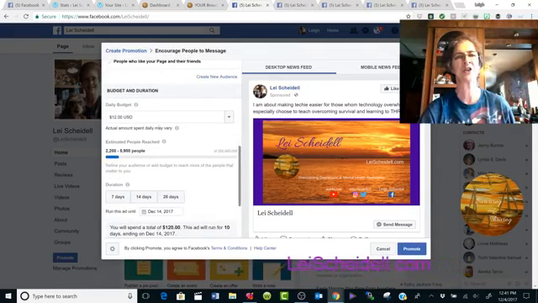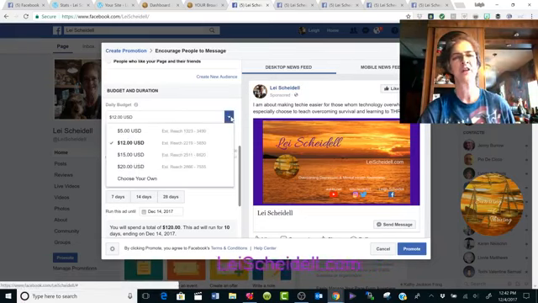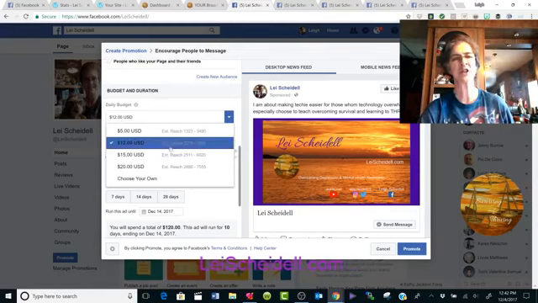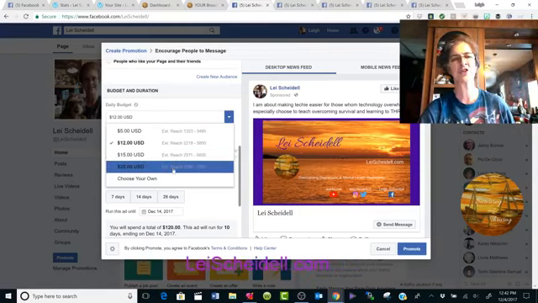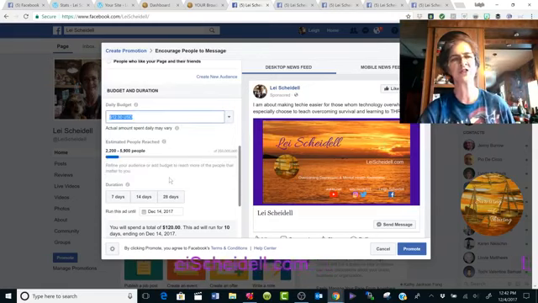Again, here's your budget. You can establish a budget. What we had set up on this is $2 a day. It was set automatically to run for 6 days, which is $12. Now you can click on the down arrow here and you can adjust exactly what you would like to spend based on an option, or you can select choose your own and enter an actual amount there. Here we have the duration again and the calendar where we could end it, and they're showing us if we spend a total of $120, because I have this set at a $12 daily budget right now, the way I have it set. And so they always tell you how much